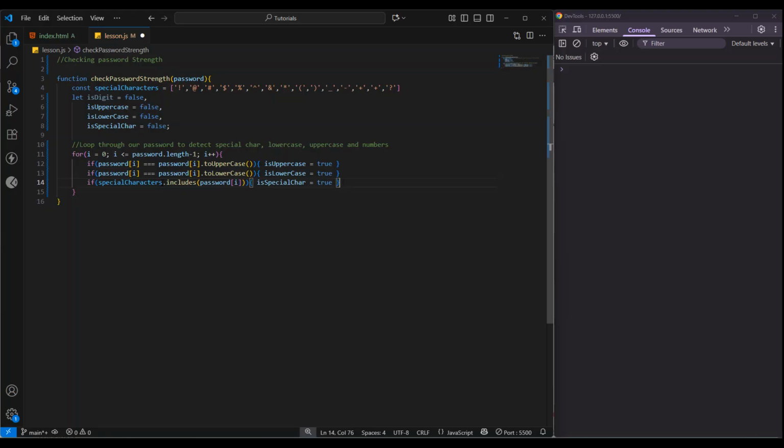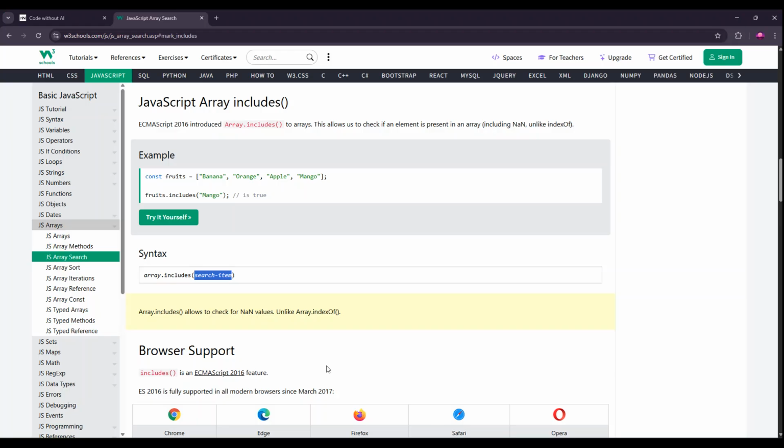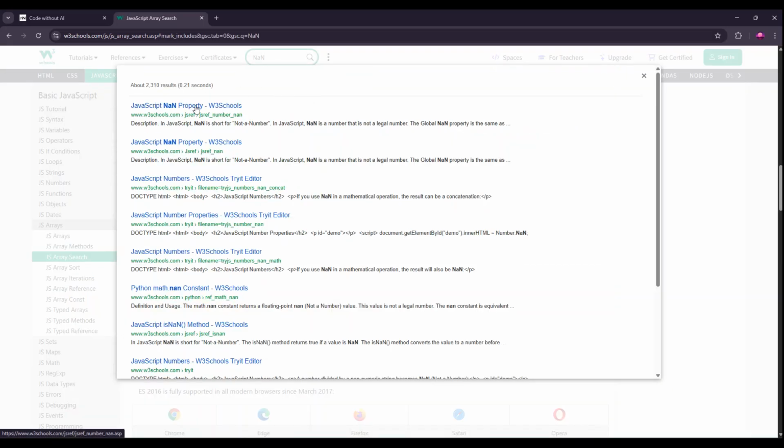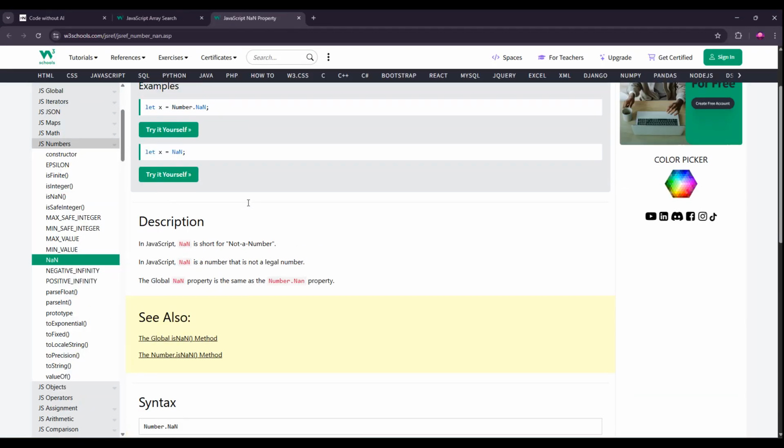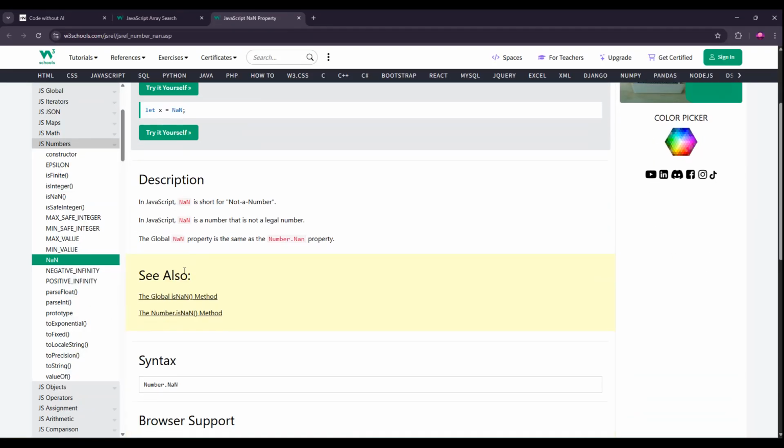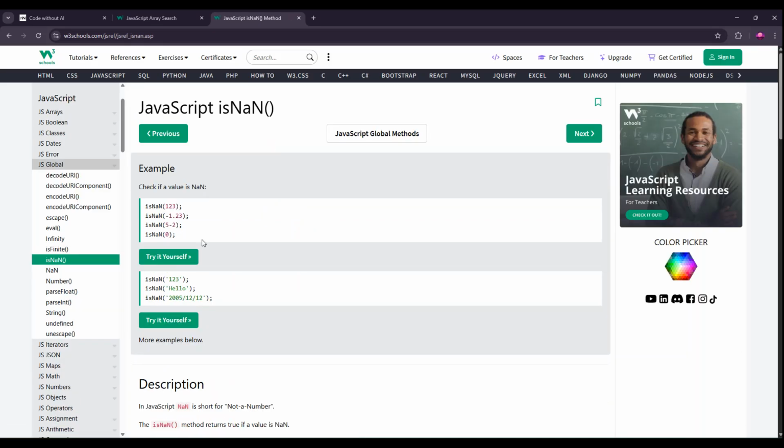Now we have to check for a number in our password. Head over to the site. On the search bar, type NaN. Click the first link, you can see there is a JS method that we can use to detect if the